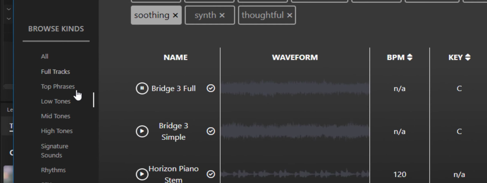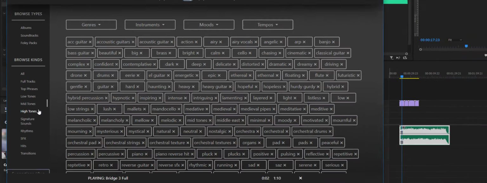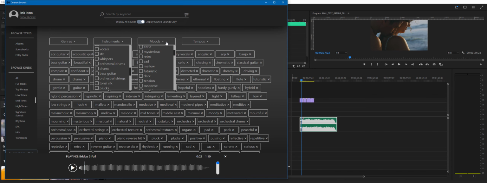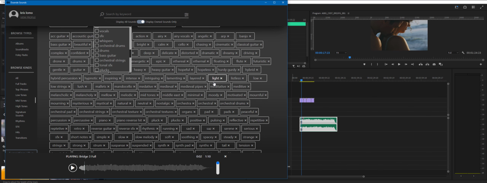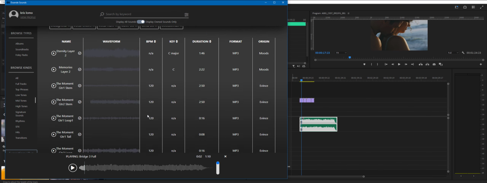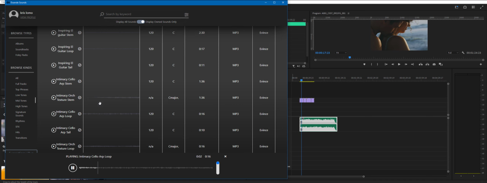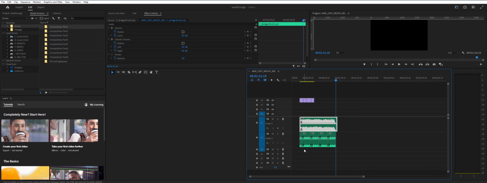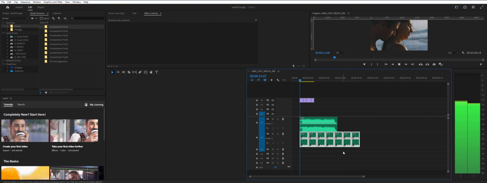Once you've got a sound coming from the low tones, let's move on to mid tones. And you can, again, filter by the instruments or by the mood, or by other tags. So let's select light. I like this one. So let's drop that on the front. Because it's a loop, it means the file will be really short and you can literally just copy and paste it a few times. So when we play it together now,